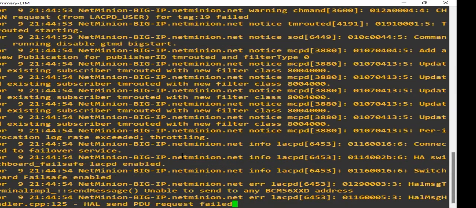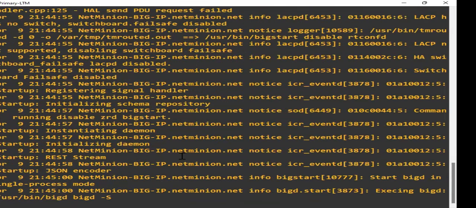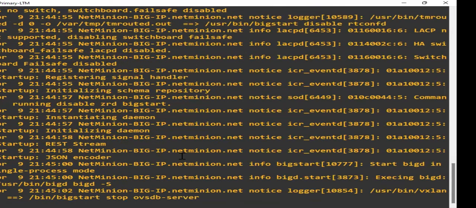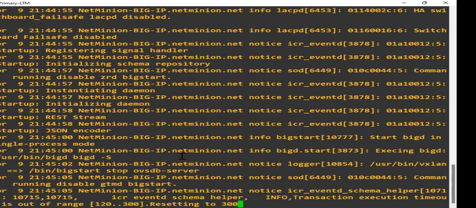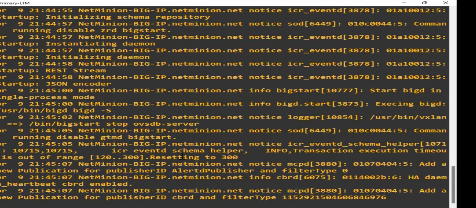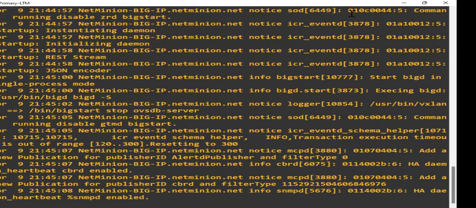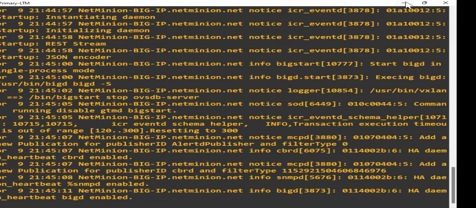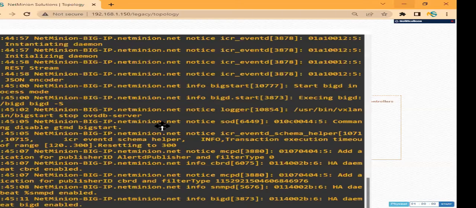So it is just checking and booting up a lot of things. It is just installing, or maybe these processes or services are starting up. So let it take some time. It will take some good time, 3 to 5 minutes at least.